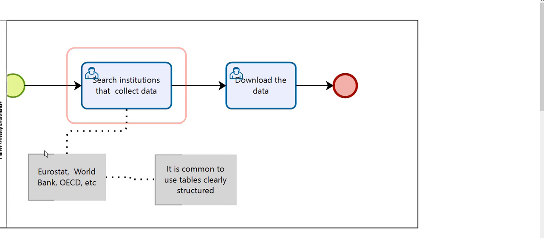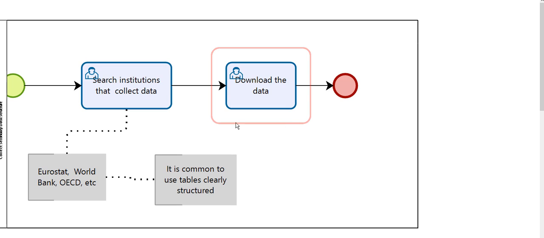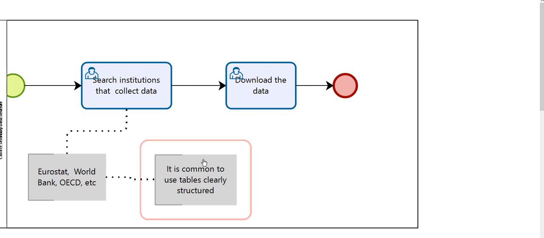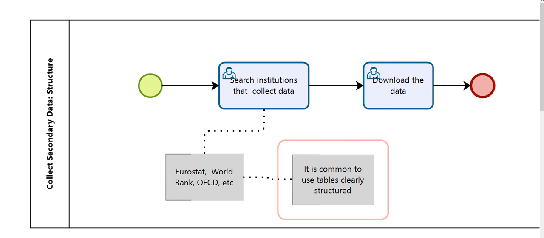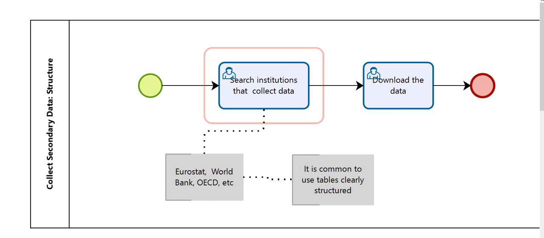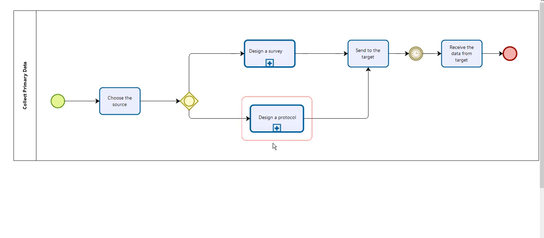institutions where we can collect secondary data are, for example, Eurostat, the World Bank, the OECD, etc. And this type of secondary data is usually structured data. We can find this data as an Excel file, as a CSV file, or a TXT file. So you download the data, the zip file, and you have your structured data. Okay,